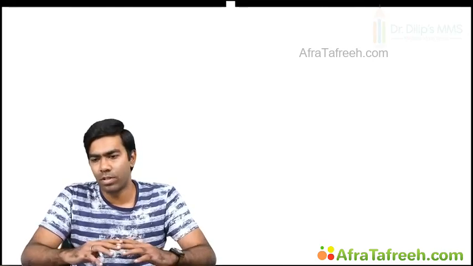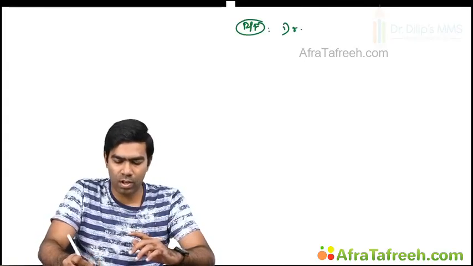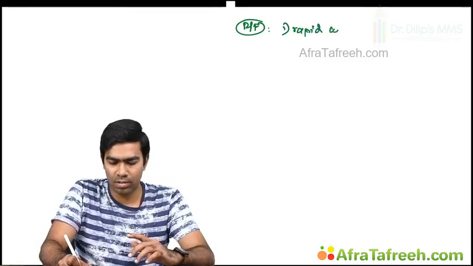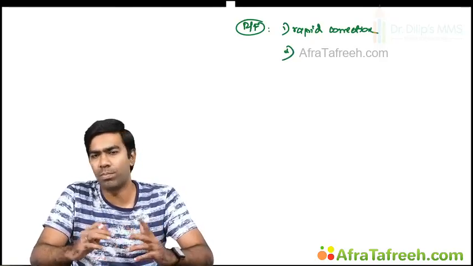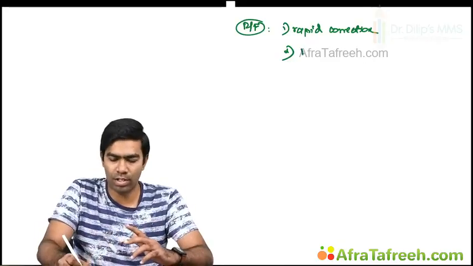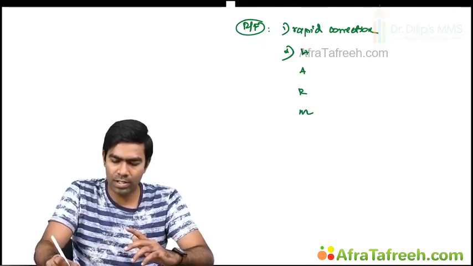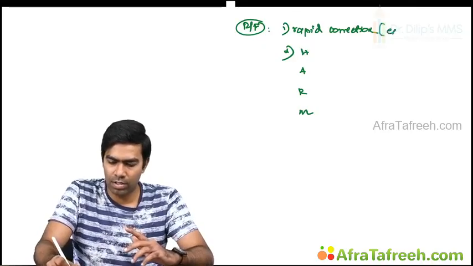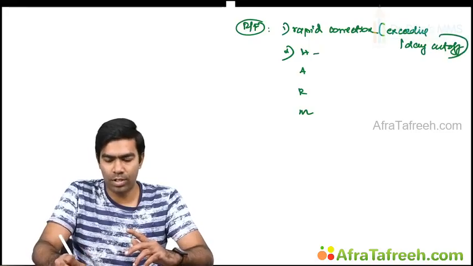So what are the risk factors for developing ODS? The first risk factor is always rapid correction. That's the most important risk factor. But there are some other risk factors that make the patient prone for osmotic demyelination syndrome. Usually I give a mnemonic called HARM. And remember, especially when you exceed the per day cutoff, exceeding the per day cutoff is really a very high risk. So what are the HARM mnemonics? H stands for